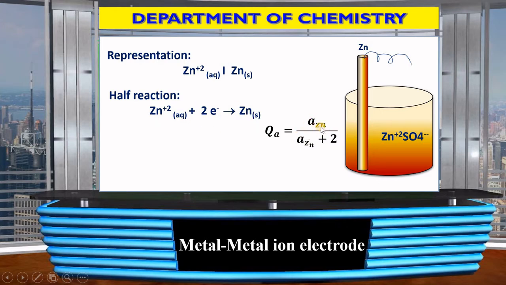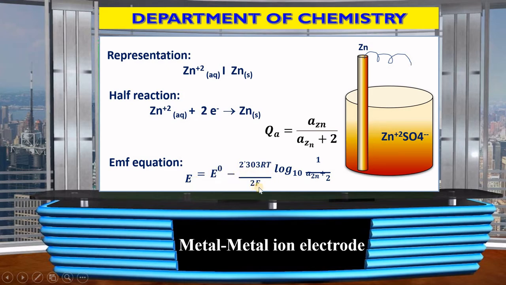See here, the activity of product means the activity of zinc in solid state. So I write here the activity of zinc, divided by the activity of reactant. Here the reactant is Zn plus 2 in aqueous form. So I write here the activity of Zn plus 2, meaning the activity of pure metal divided by the activity of metal ion. Right? This is the reaction quotient, and the EMF of this electrode is E equals E naught minus 2.303